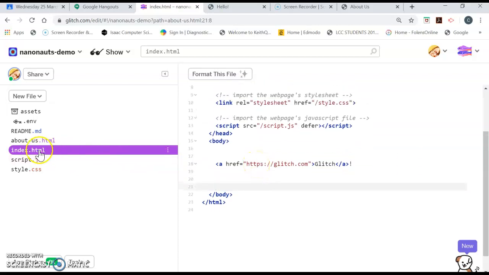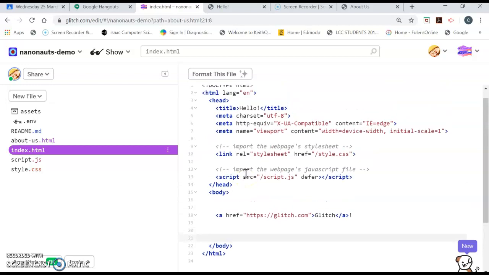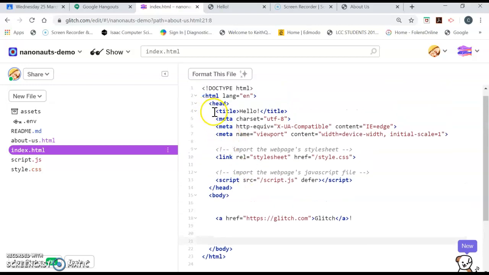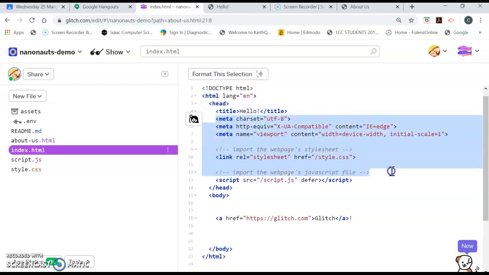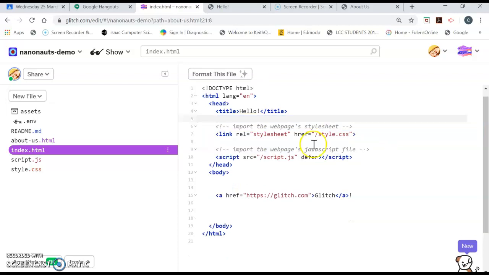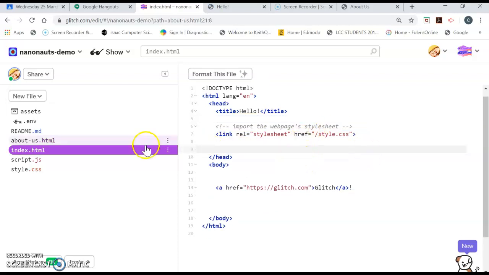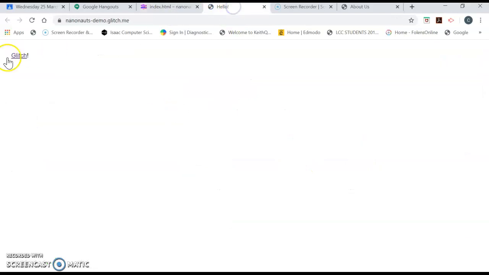So remember, I'm in my index.html making these changes here. I can leave the hello, and I can take everything else out. I might leave the CSS whilst we're at it. Take out these guys. Okay, so if I go back and look at my hello page, I've now only got